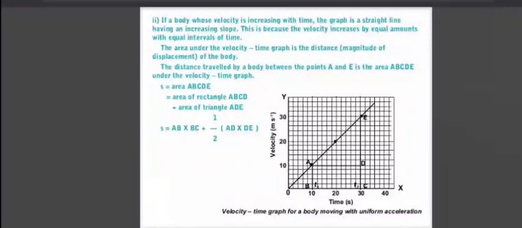If you want, you can merge both the diagrams. You can even say it is a trapezium. So you can directly find the area of a trapezium, which is half into the sum of parallel sides into height. Clear? Now from this you can even find the acceleration. If you want to find acceleration, you have to find the slope. So take 2 points and find the slope, that is y2 minus y1 upon x2 minus x1.